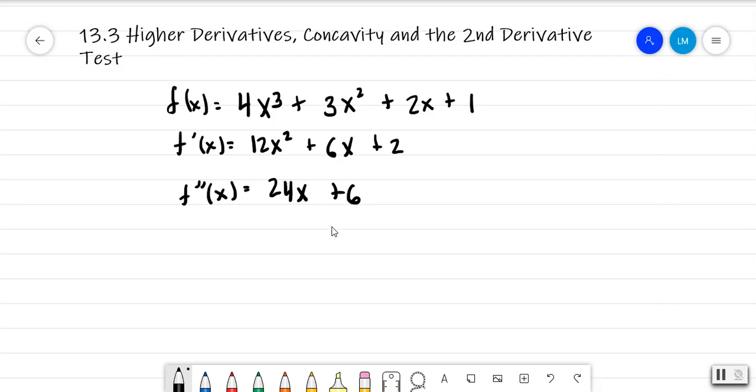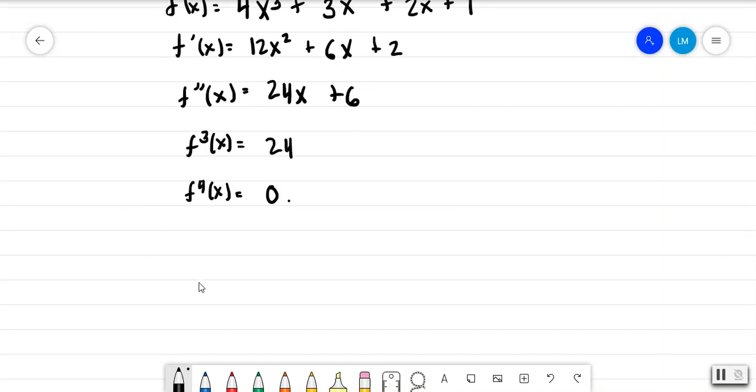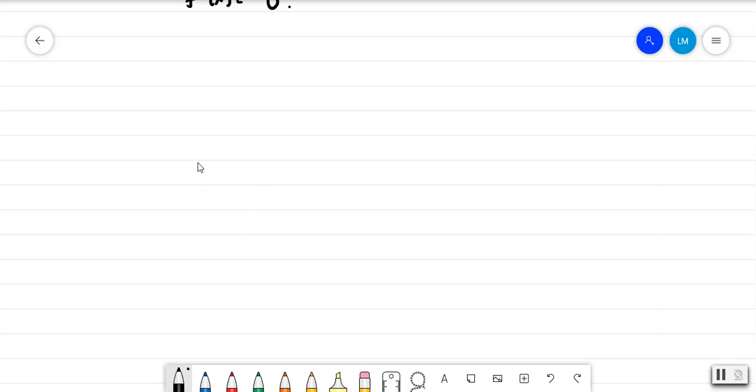But if I take the derivative again, I have that the third derivative is equal to 24. And finally, if I take the fourth derivative of this equation, that's just going to be 0. Now, all that this tells us is that basically we can differentiate this polynomial 4 times until it cancels out. Now, note that, if we were to consider a different equation, such as g of x